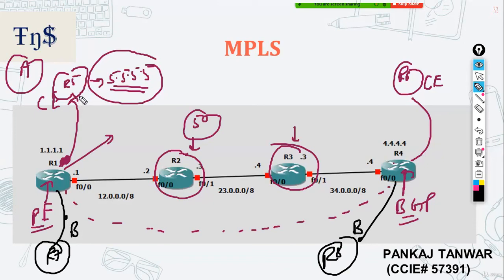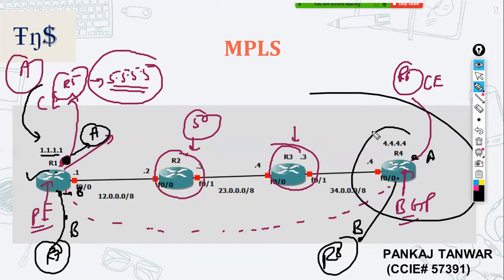So all the routes that R1 will receive into this port, which will be in, let's say, customer VRF, that is VRF A. This port is in VRF B for customer B. Same here, VRF A and VRF B. So all the routes that R5 will advertise to R1, R1 will receive in VRF A, and using the MPLS VPN, there will be neighborship between R1 and R4. So R1 will advertise all the routes to R4 via IBGP, and these transit devices or routers will not be having any information for these particular routes. So they will just switch the traffic based upon labels only. Okay, so that is why MPLS is more scalable, and